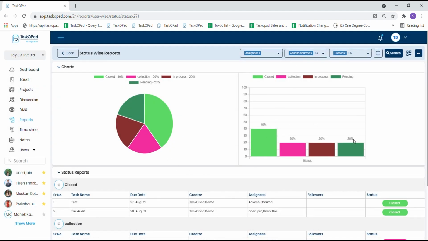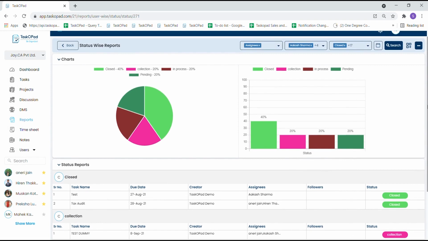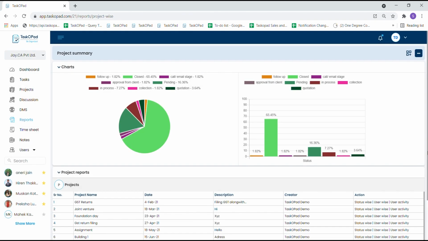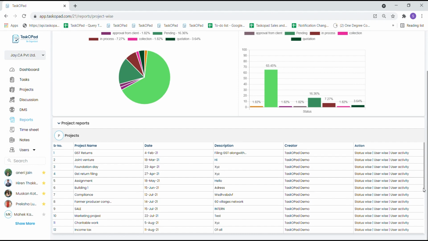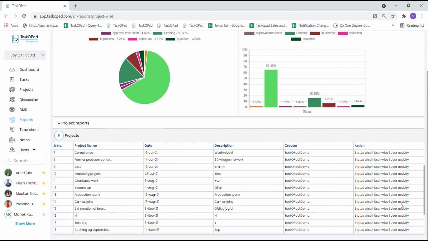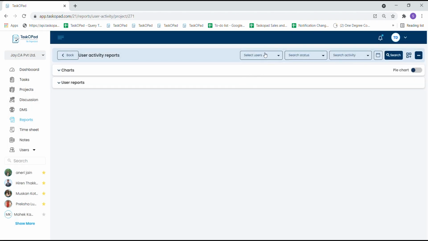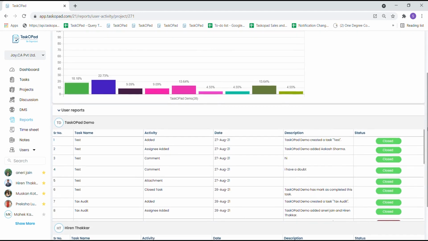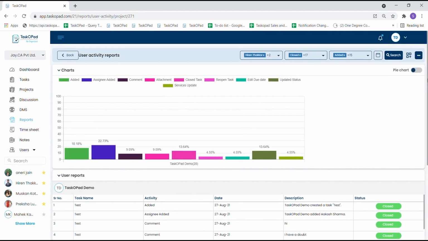So here you'll be getting the whole summary of the status-wise report. Now let's go back and have a look at the user activity report with the same project. And here you can select the parameters according to the activity you want to generate. So now the data has been generated and you can export via PDF and Excel.